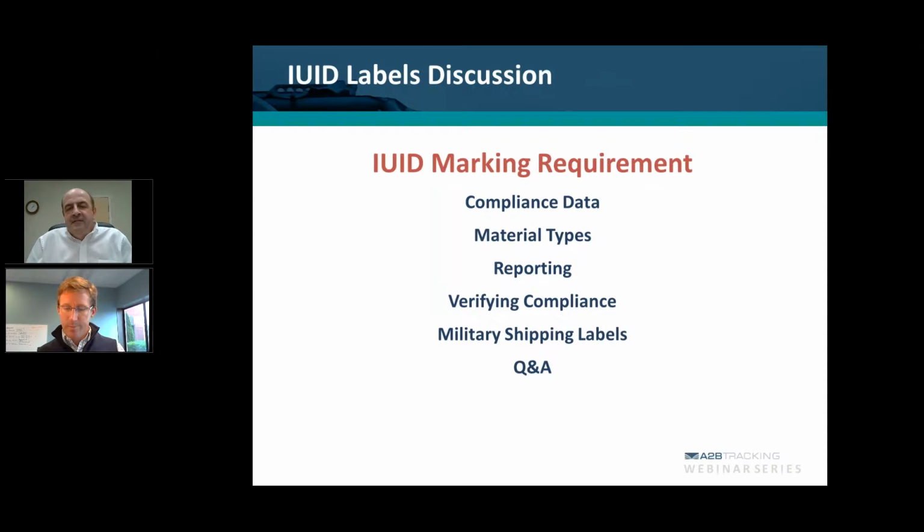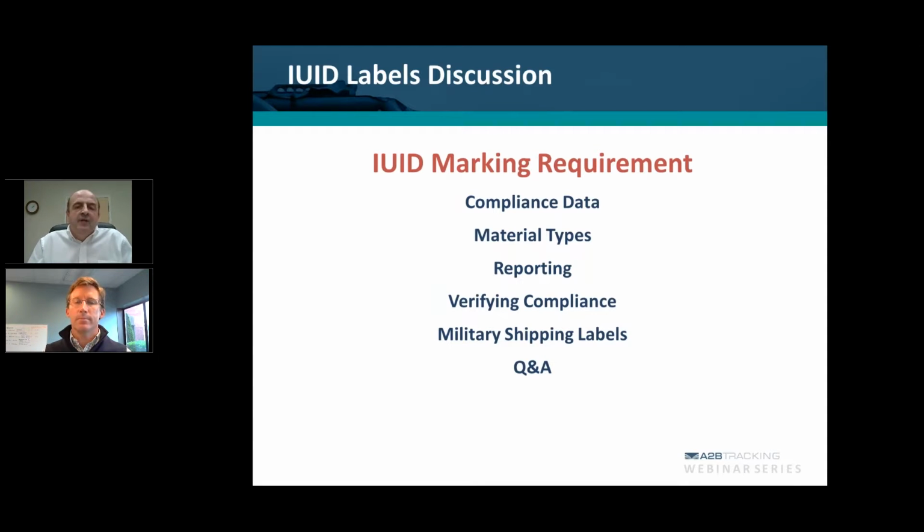Thanks, Peter. Well, obviously that's the first question. And how do I know whether or not I have this requirement to put an IUID label on my asset? And it's really very simple. You're just going to take a look at your contract, and you're going to look for one of two items. You're either going to look for MIL-STD-130, which is the DoD standard for itemization and marking of property and assets,